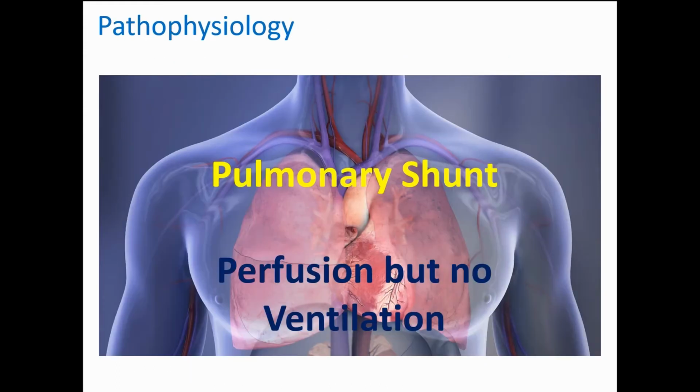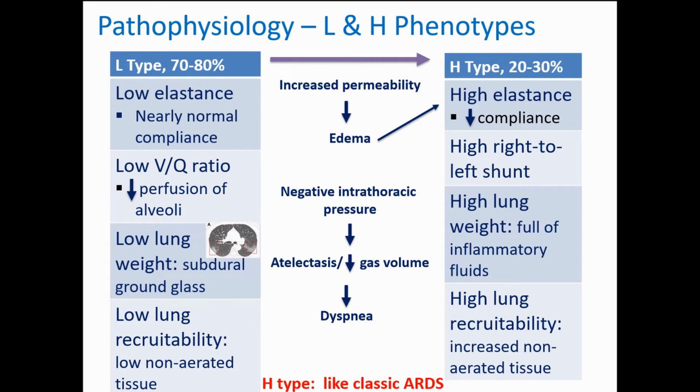So as far as the lungs are concerned, the major issue is pulmonary shunt. So we have to go back to our physiology, and that primarily means there is, in many cases, perfusion but no ventilation. So what it means is the ratio changes and you have an imbalance of the ratio. And let me go over. Now, when it comes to